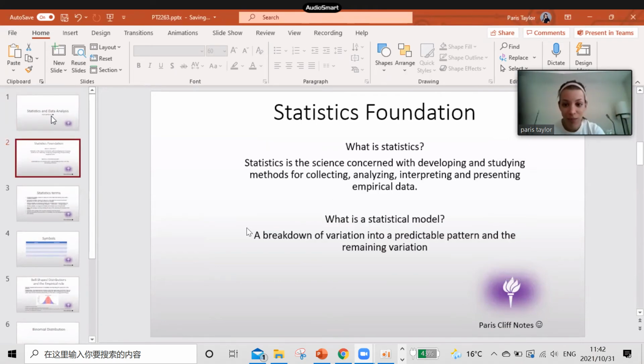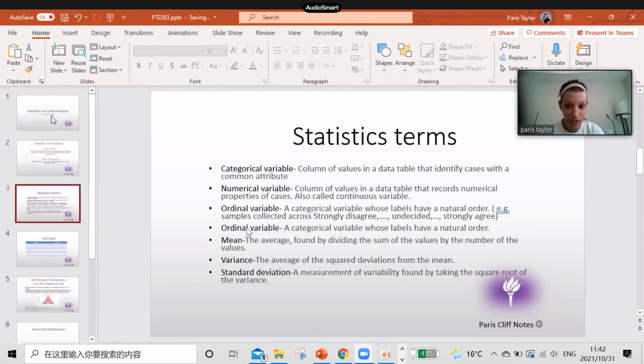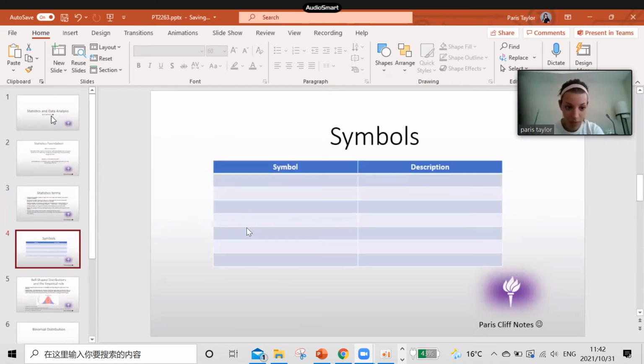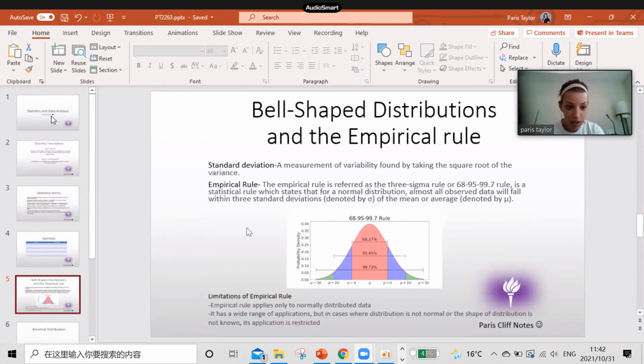Okay. So I'm doing like a Cliff Notes where I am starting with the foundation, the statistical terms. I'm going to put the symbols on here. And here I'm wondering, is this important? Because the professor said, write this down, make sure you know that the empirical rule is that, he told us to remember 68, 95, and 99.7. I mean, I can remember that, but